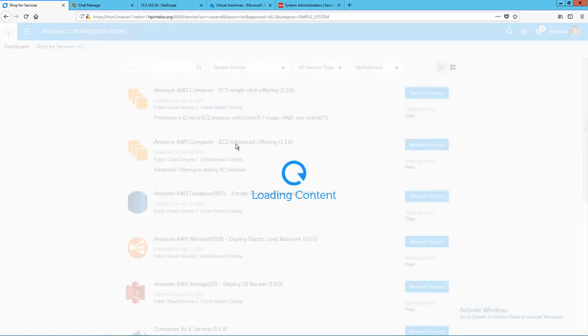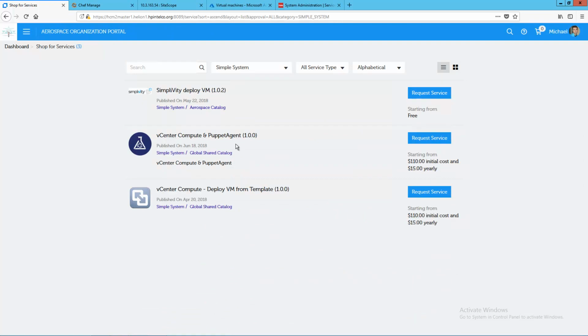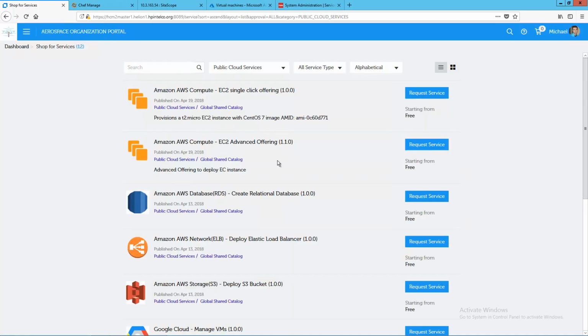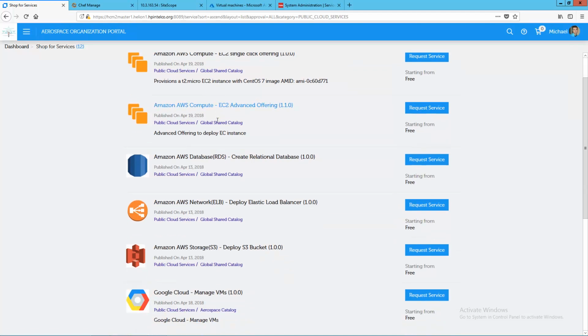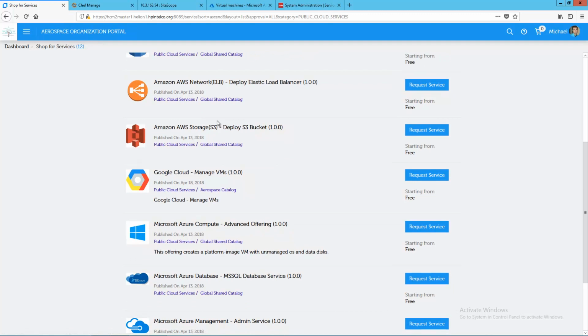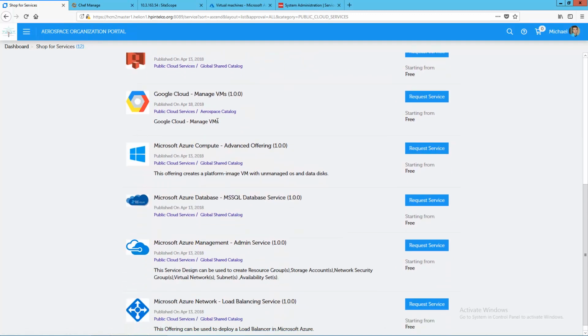It could be something very simple as IaaS, infrastructure as a service, on VMware, Hyper-V or KVM, or it could be on public cloud if I want to provision on the fly different kinds of services on EC2, Azure, Google, or any other public cloud provider.